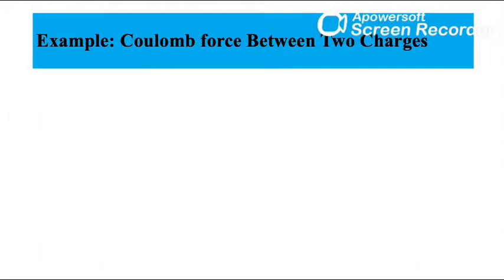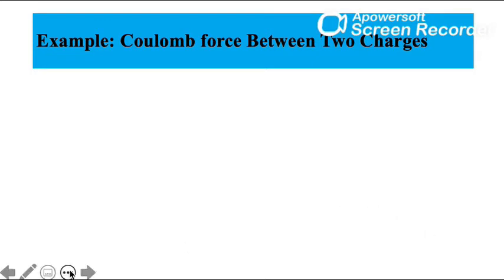Okay, so we have taken a large digression from Coulomb's law. We were discussing Coulomb's law, then we started discussing vector analysis, went to coordinate system. All this was required because electromagnetics is essentially a three-dimensional subject. Okay, so you need to know vector analysis, you need to know how to set up coordinate system if you want to succeed in an electromagnetics course. Okay, so we will now come back to Coulomb's law and try to work out a problem. Hopefully what we have learned in vector analysis and coordinate system will help us find the solution to this particular problem.